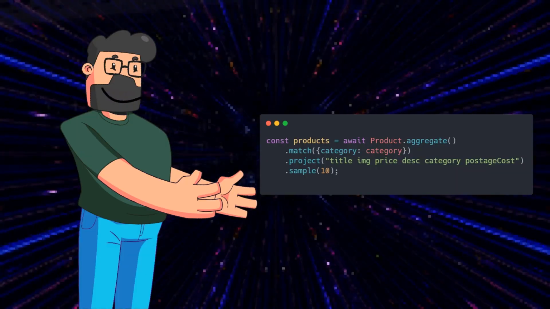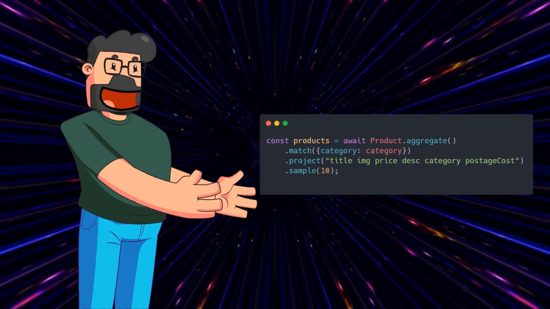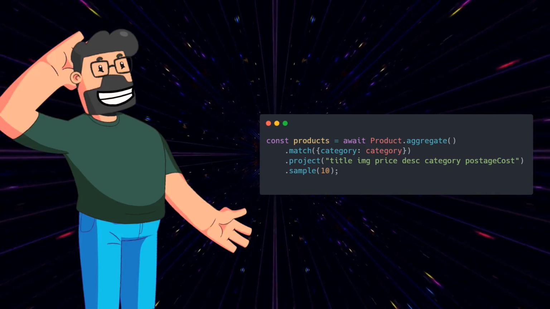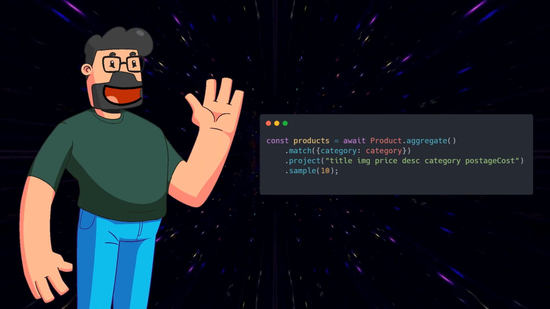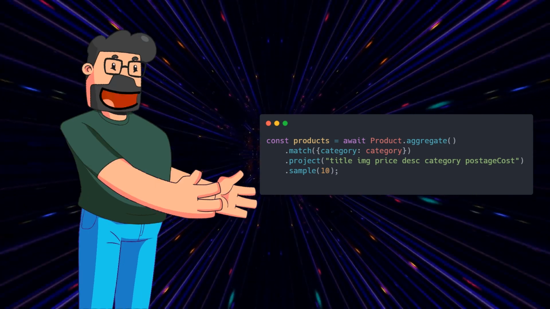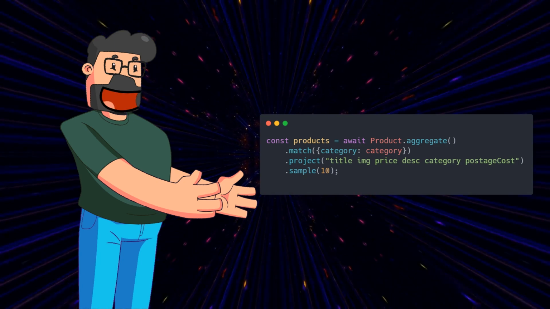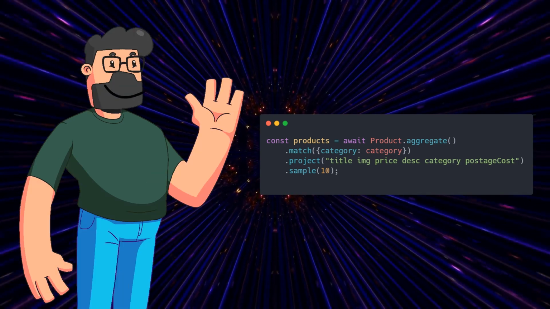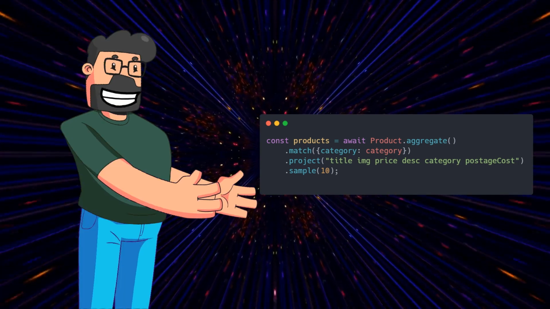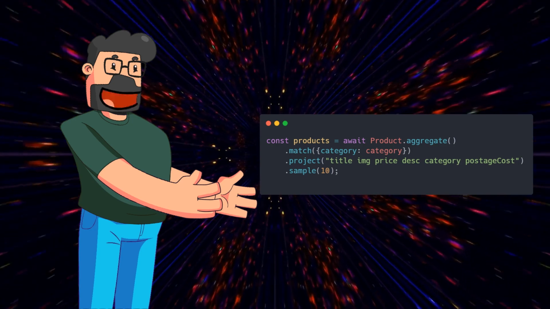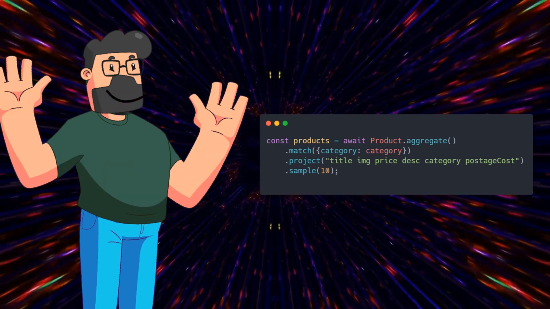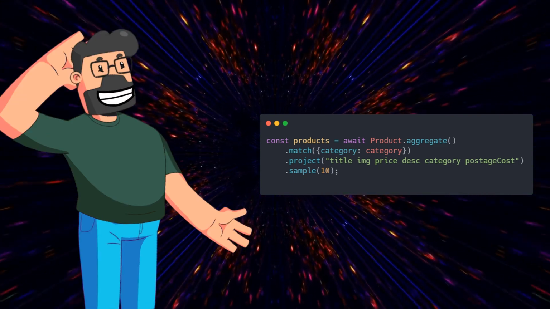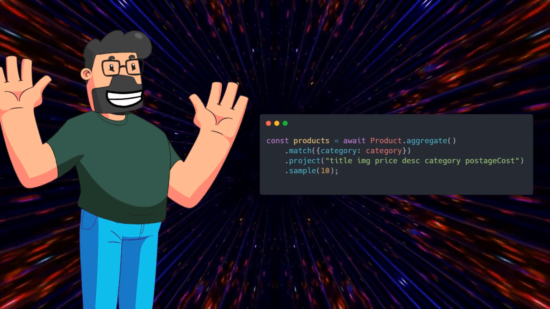The solution to this problem lies in properly chaining the $sample function as a method of the Model.aggregate function. By utilizing the .match method to filter the documents based on a specific category, and then projecting only the desired fields using the .project method, we can effectively retrieve a random sample of 10 documents that meet our criteria. Remember, the key here is to ensure that .sample is called after both .match and .project to achieve the desired